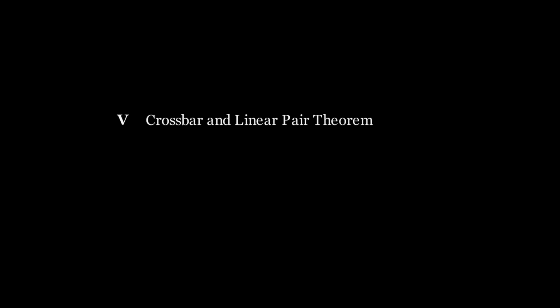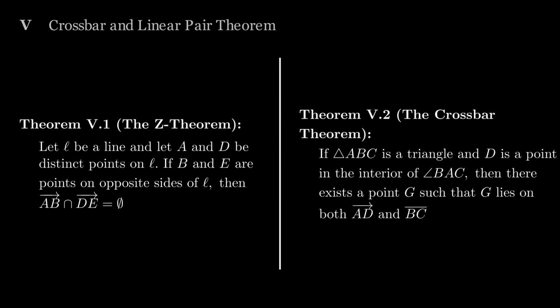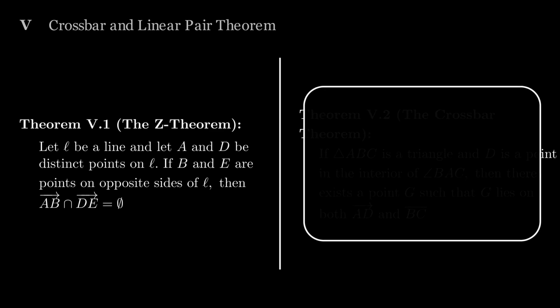In this section, we will not be going over any axioms, but we will cover some of the more important theorems, which will be very useful in later proofs. Some of the main theorems in this section are the Z-theorem and the Crossbar theorem. The Z-theorem tells us that if we have two rays with different endpoints and on different sides, they will not